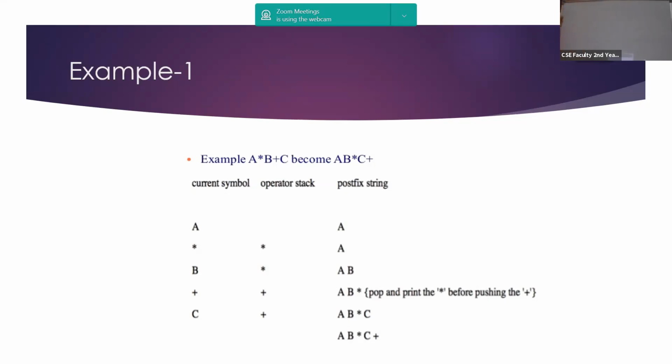So let us write it down. This is given. Okay. So you can make 2 columns. One is input symbol or current symbol, anything, both will do. I'm using input symbol. Then this is operator stack. Remember it. This type of stack is called operator stack because only the operators are stored in it. Okay. And finally, postfix or postfix string, anything you can make.